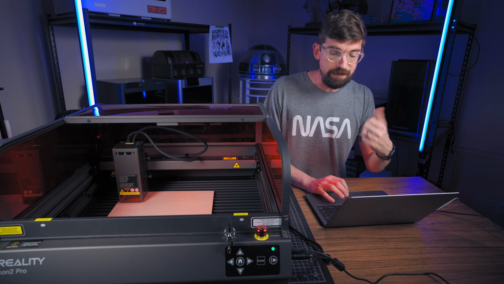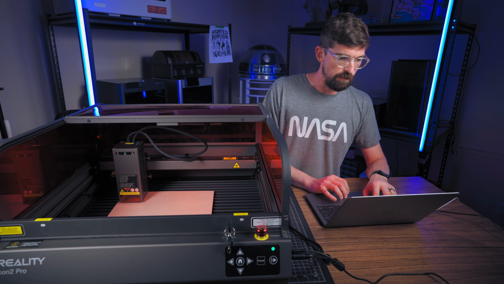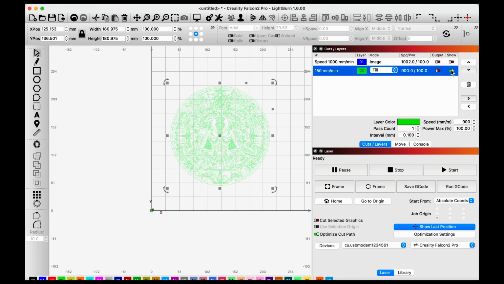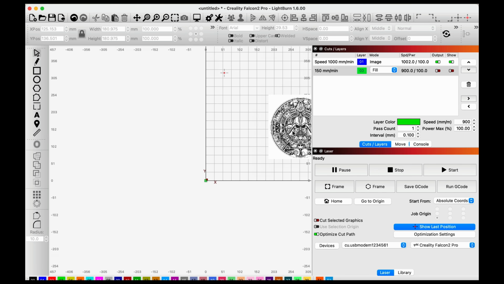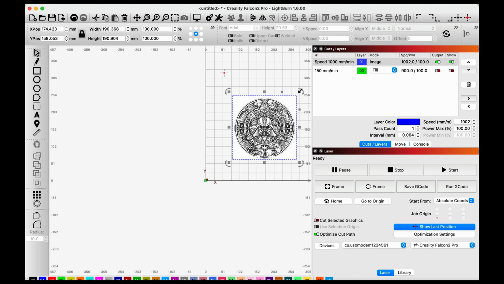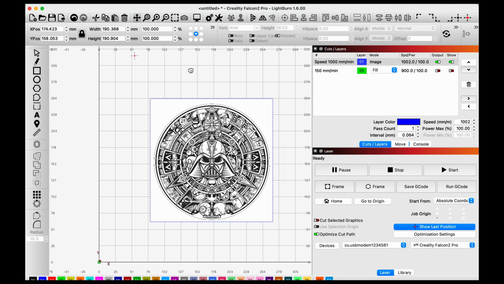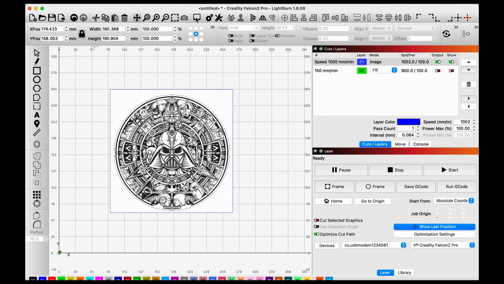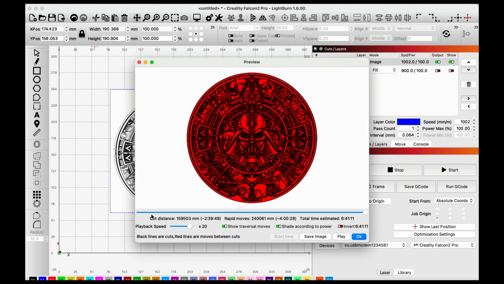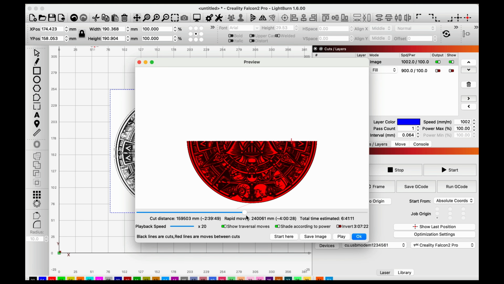So that's really handy if you have that vector. But if you don't, let's turn this off. And now let's turn our image back on. You're gonna have a few other different settings. Scoot this over a little bit. So again, I'm gonna hit this, and it's pretty much gonna look exactly the same because it's doing pretty much